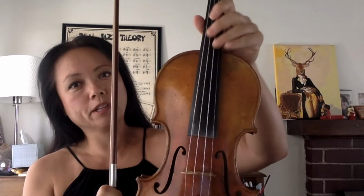And so my main instruments are violin and viola. So today I wanted to just demonstrate for you the differences between the violin and viola and talk about the different kinds of tone colors that we can produce with our stringed instruments. So you heard a little bit of the violin. The violin is the smallest in the string family. It's the highest pitch. For those of you who want to see a violin up close, this is basically what